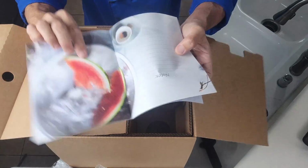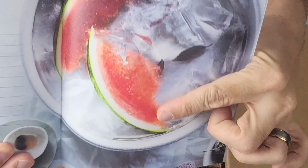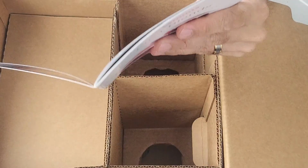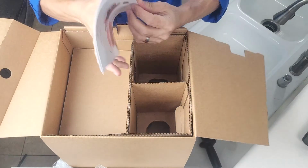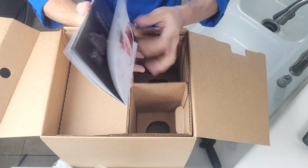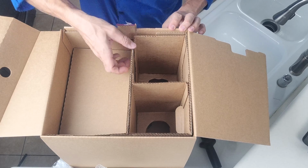So there you go, there's some batters, some nut butters in there, some flour and dough, frozen desserts, some watermelon that they probably could have done a better job with that piece of watermelon there, because this looks kind of haggard actually. I'd recommend that anybody who picks one of these up would go ahead and at least try to do some of the things in these, because it'll give you a better understanding of how these things work. Okay, next,